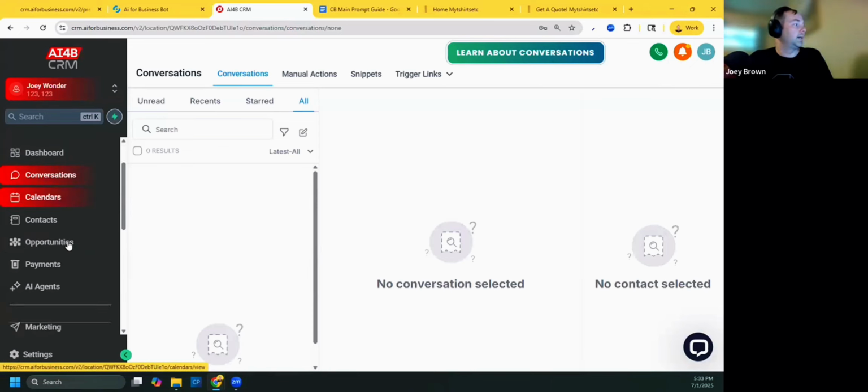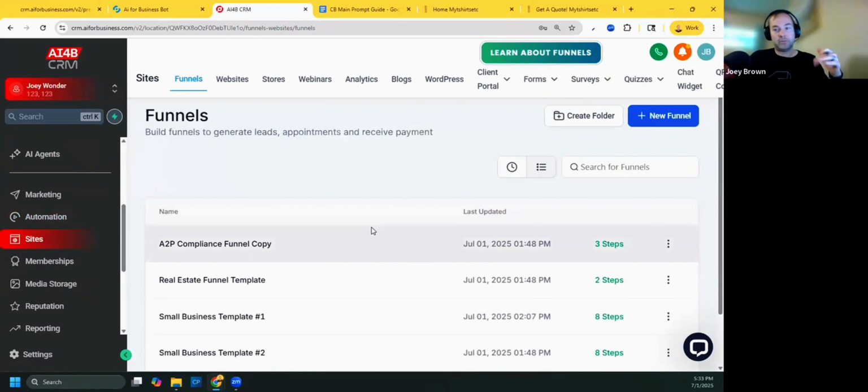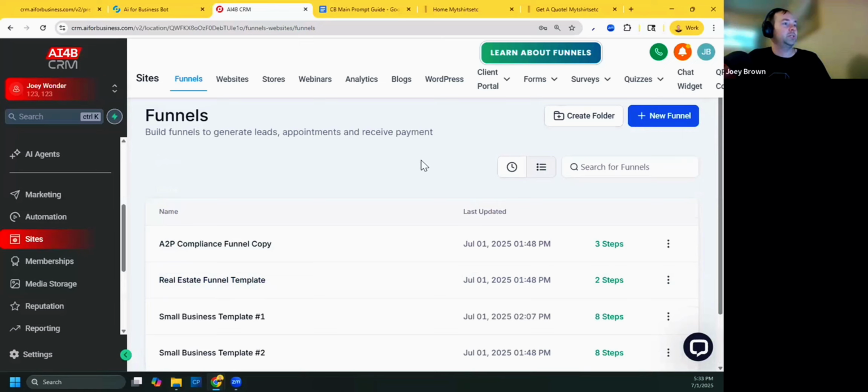I preset some of this stuff up, so I'll try to explain it real quick. Under the sites setting, this is where you would build funnels, landing pages, websites, anything like that. In your account, you get some templates that come preloaded. I took the small business template. If you're going to do a chat widget, you'll need to go up here, and I'm zoomed in so it looks a little weird, but you'll need to hit chat widget